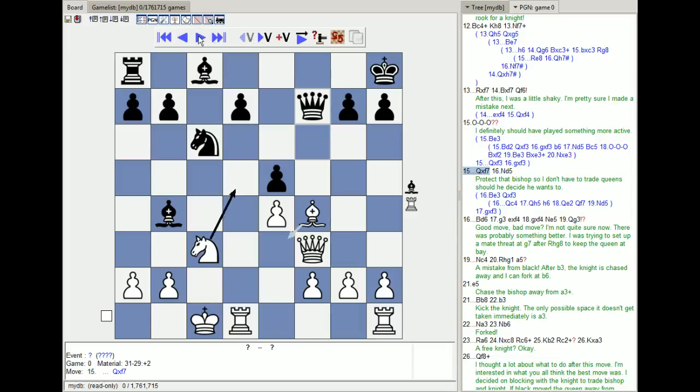Queen takes f7, you play d5 to protect the bishop. You say, good idea in theory. It also cuts the queen out of this square here, which is useful. Basically, there's very little he can do to attack on this side. But the problem with this is it doesn't actually defend the bishop because